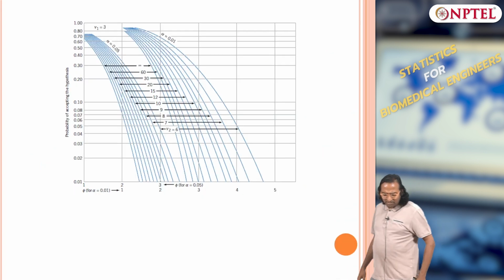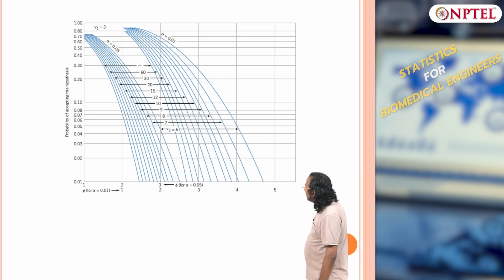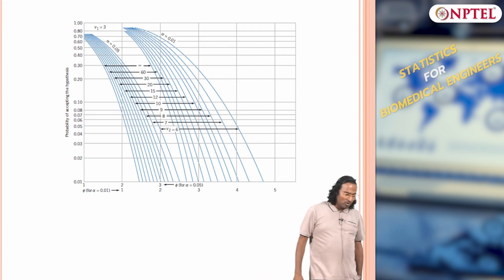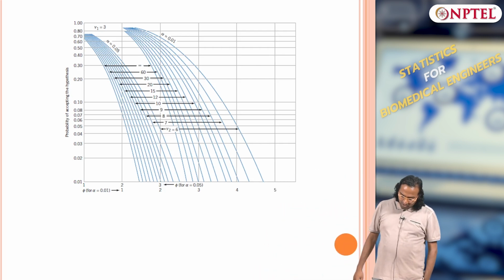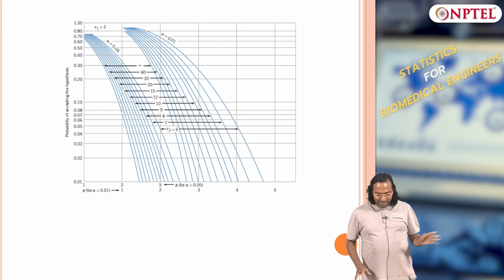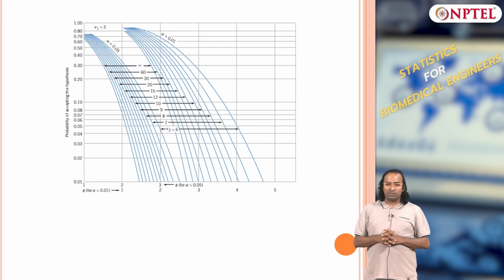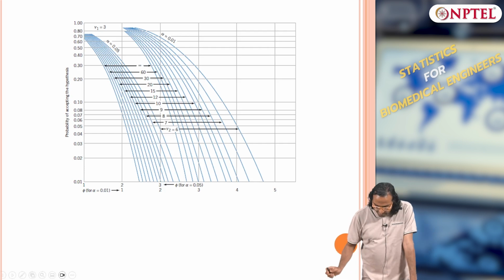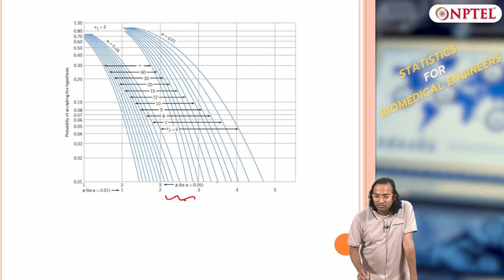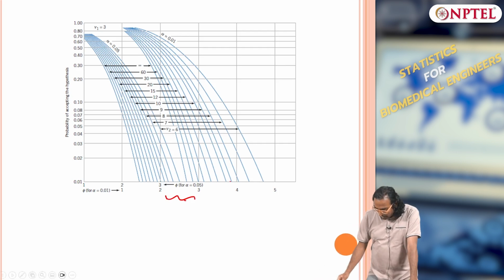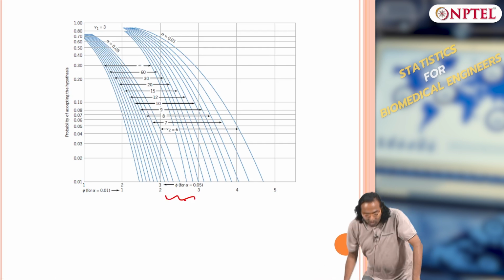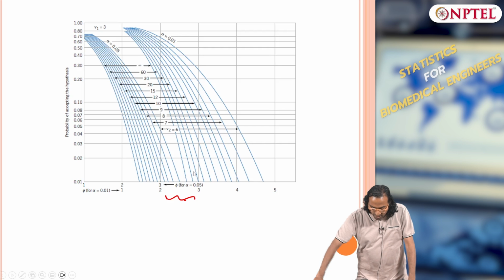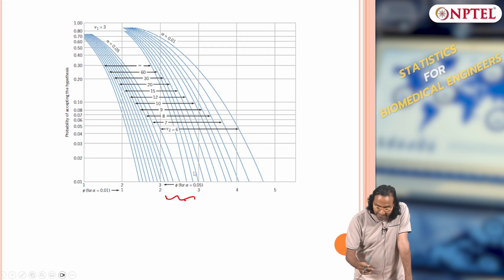So, in fact, there are some things called operating characteristic curves. I will not go over it. This is a function of phi and the probability of rejecting the null hypothesis. Basically, you have phi on the x axis, and this phi is for various alpha values. Remember, for each alpha it will be different. So, you can have it for alpha equal to 0.001 and 0.01, which is 99 percent and 95 percent.